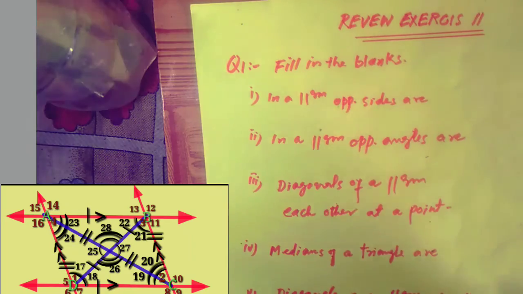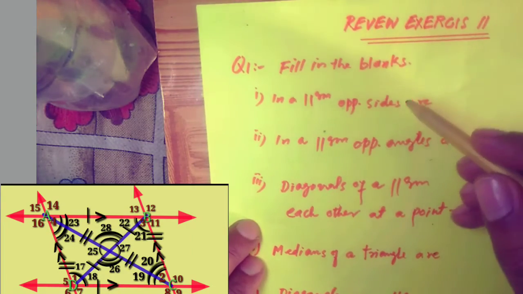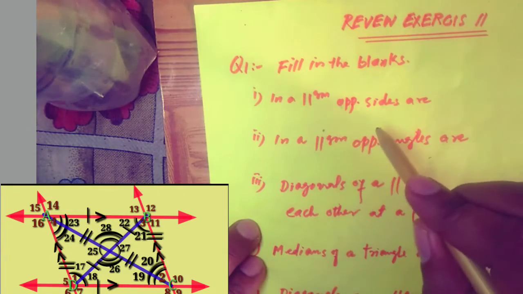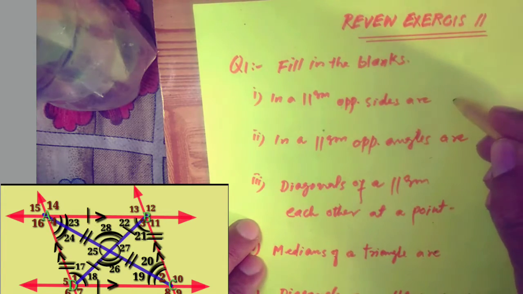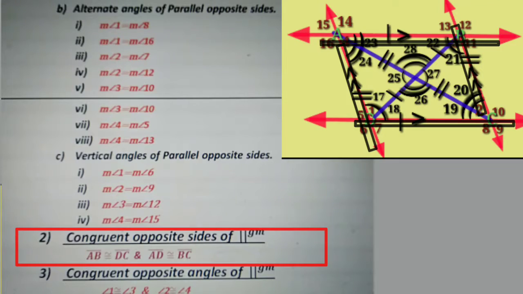Bismillahirrahmanirrahim. Review exercise 11. Fill in the blanks. In a parallelogram, opposite sides are congruent. Means